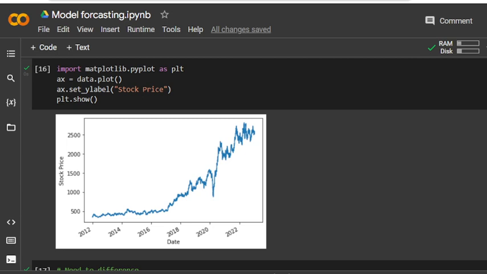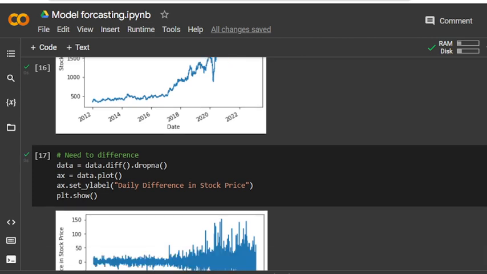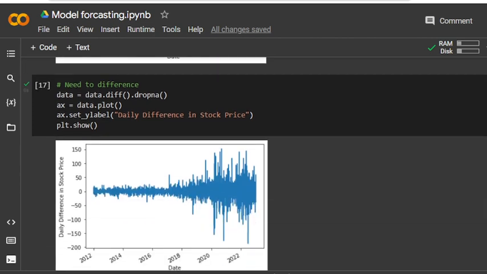So if I have plotted this data, is it stationary or not stationary? I told you there are two ways: one is the augmented Dickey-Fuller test and the other is differencing. If you plot it this way, you can see the variability; sometimes it goes to a maximum of 150 and at other times it is also near 200.